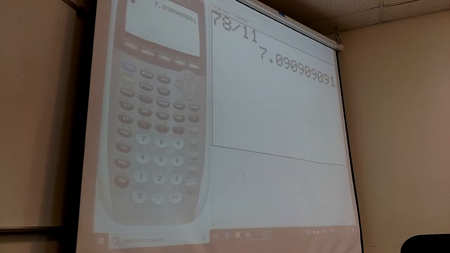So it's just like a scientific calculator in the fact that you can see everything you're wanting done. In an old style calculator, you put 78 divided by 11 and the 78 disappeared. So it's really hard to put a full thing in there and make sure that you have the order of operations going to work out the way you want it to. Now, one of the first things I want to show you is if I wanted to take the square root of this,